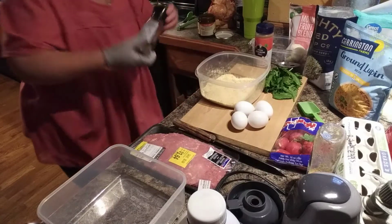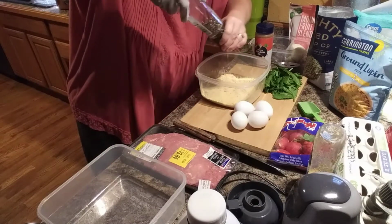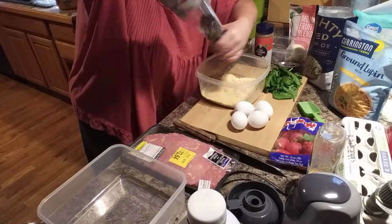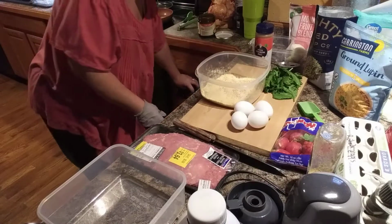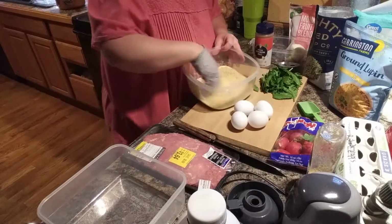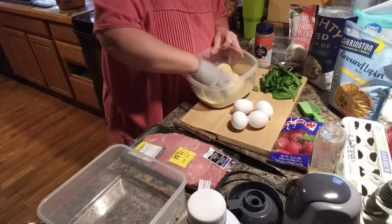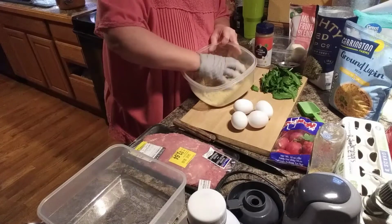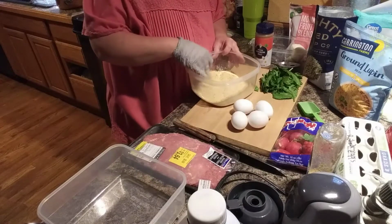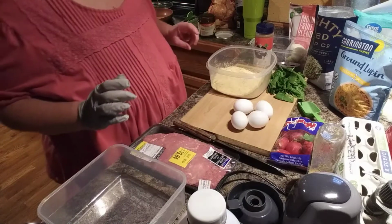I'm going to go ahead and add some pepper. About a teaspoon of pepper. Kind of mix it up a little bit. And it's just going to act like a coating, a bread coating. Okay, so now that I got the coating on, what I'm going to do is I'm going to make my